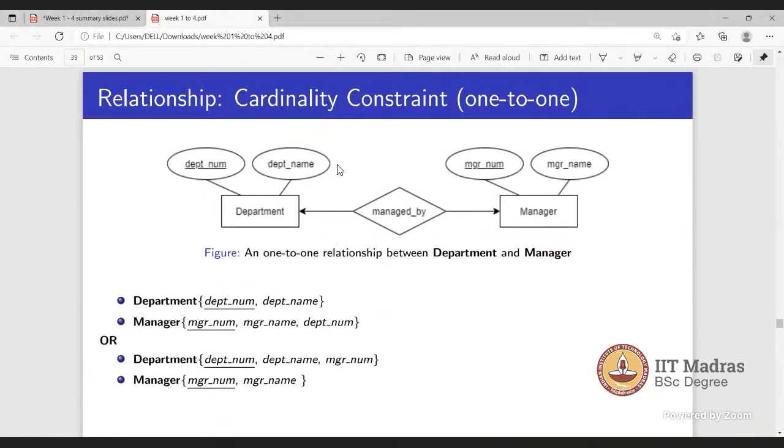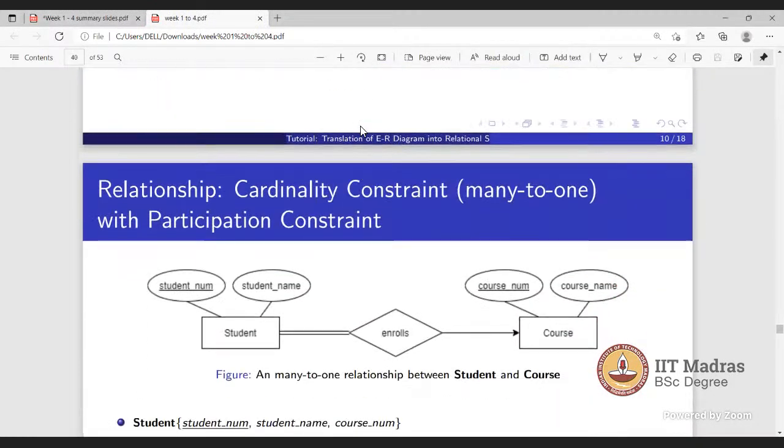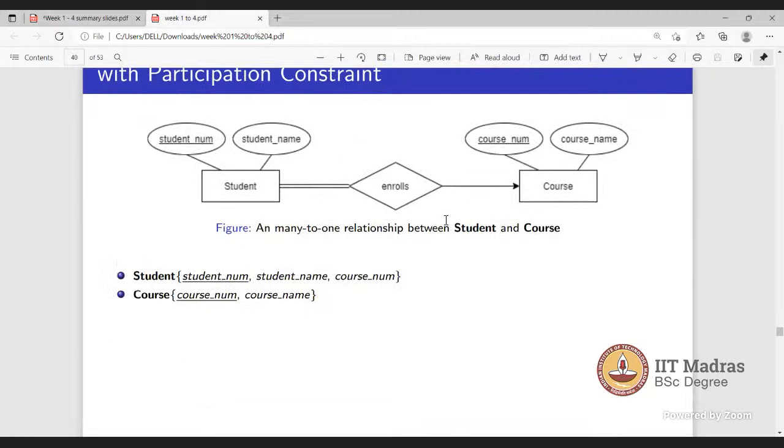These are the slides which I have used in the tutorial also. You can go to the tutorial. Now here you can see there is a many to one relationship between the student and the course.